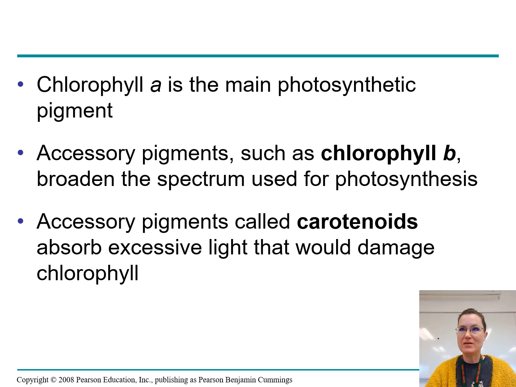And so what happens in the fall is chlorophyll A and chlorophyll B are relatively fragile. And so the cold and the dryness that comes with winter, they break down. And so then we see the other accessory pigments in fall colors and leaves and pretty trees. But they're there because they help. They're a protective pigment, but they're also pretty, which is nice.